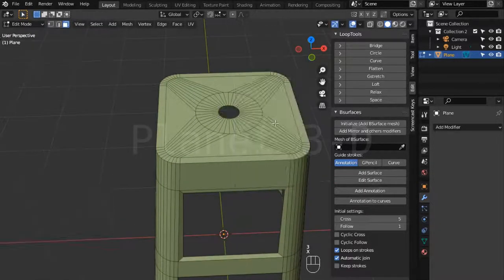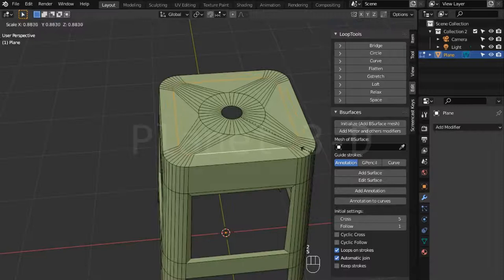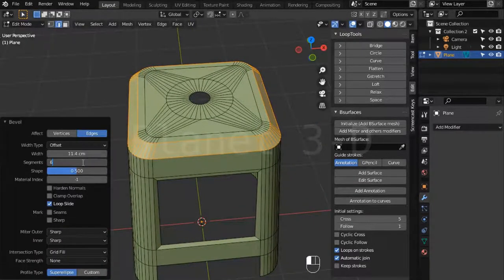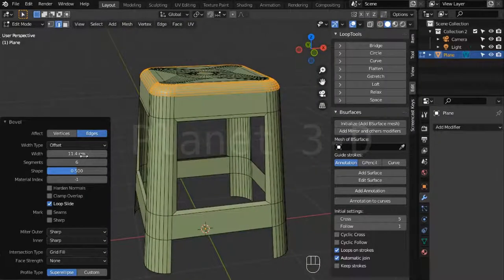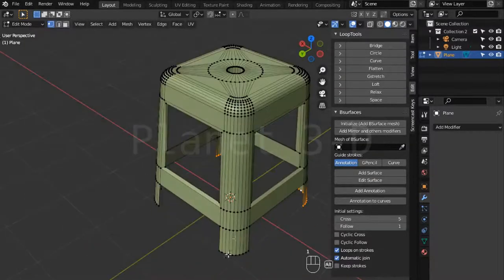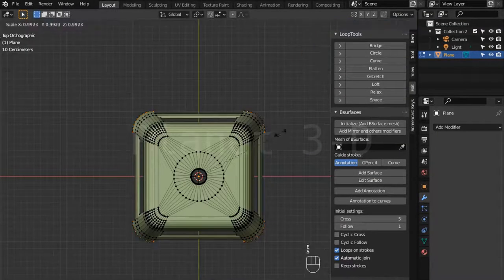insert it and delete the face, select this edge loop and scale it, select this edge loop and bevel, add 6 segments, adjust the width, select these vertices, extrude and scale,